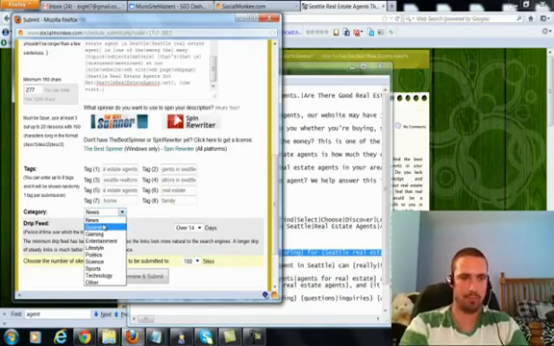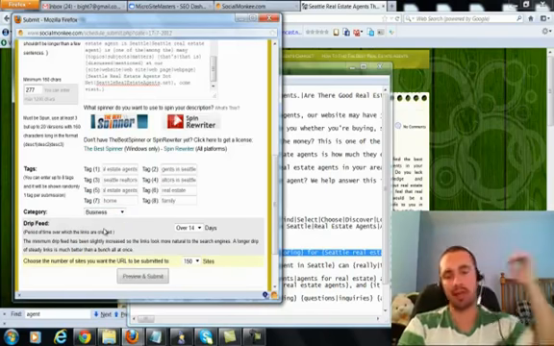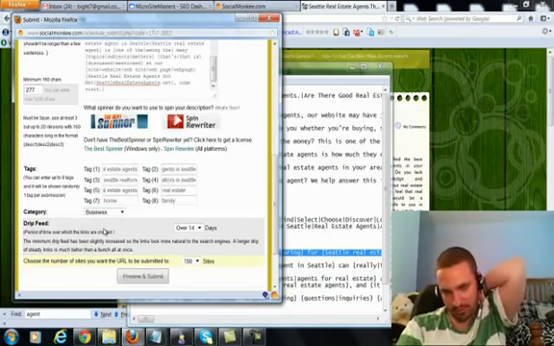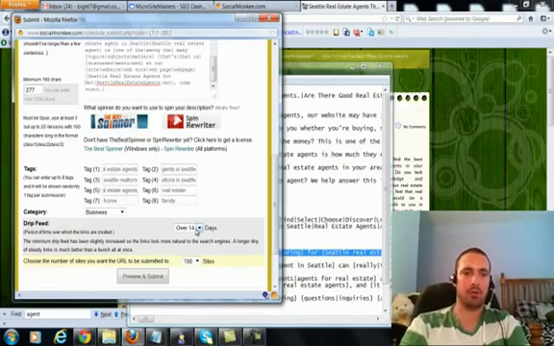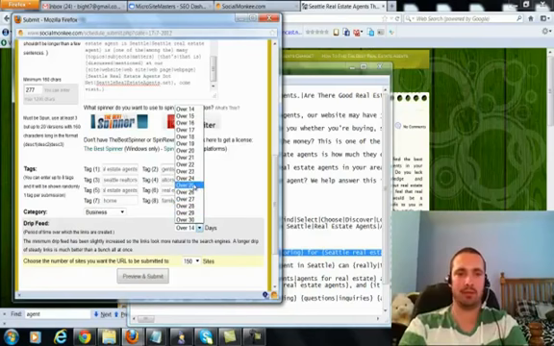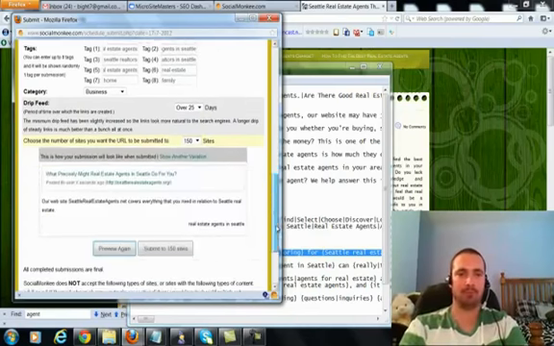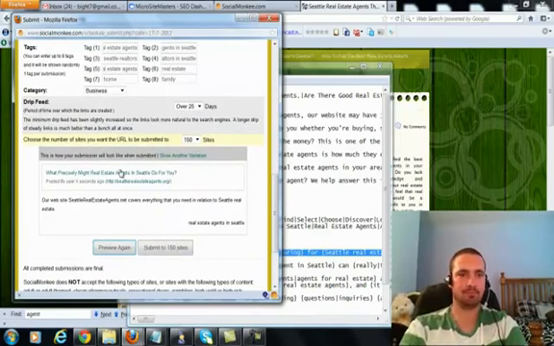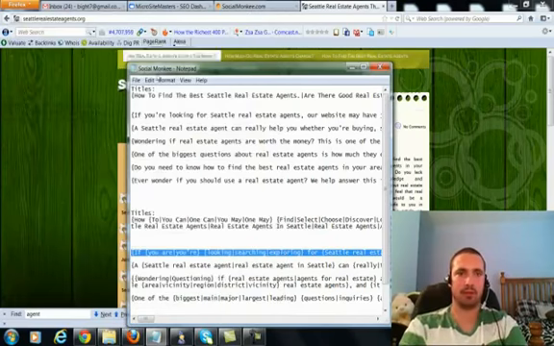Alright, so for category, I could do lifestyle. I'll probably do business for some and then lifestyle for some, so I can switch up the categories. Alright, so I'm going to do between 14 to 30 days here. For this one, I'll start in the middle, and I'll do 25. Preview. Looks good. Alright, and let's go ahead and submit. And that's all done. So now I'm going to do my post.